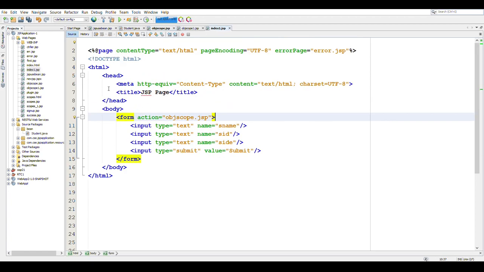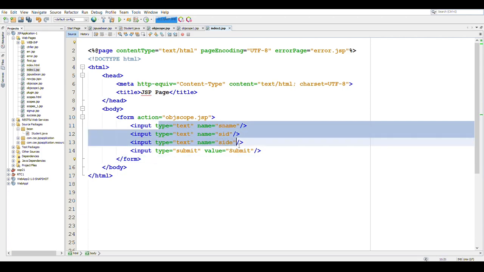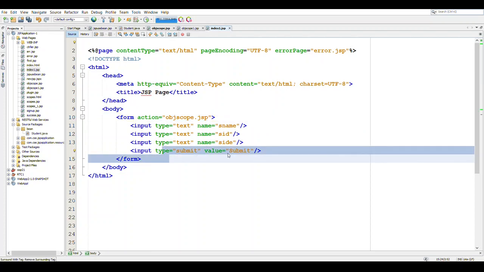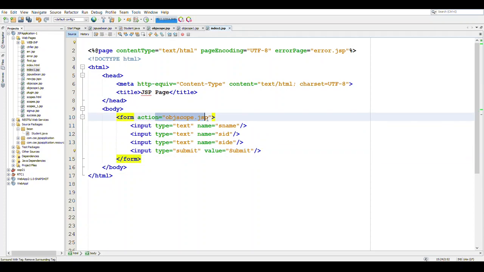Here we have index1, and in this index1 file we have created a form for taking input from the user. We are taking three fields as input: sname, sid and side, and we have a submit button, and on click of this submit button we will be passing the control to objectscope.jsp.